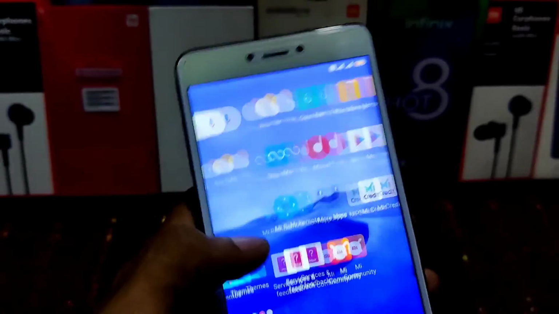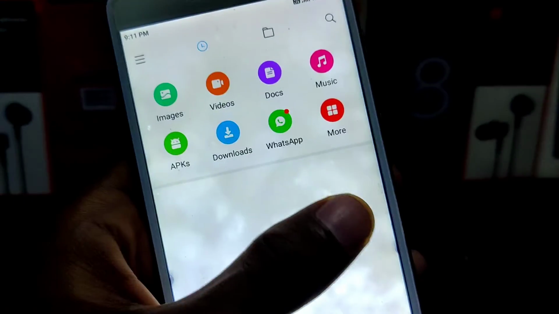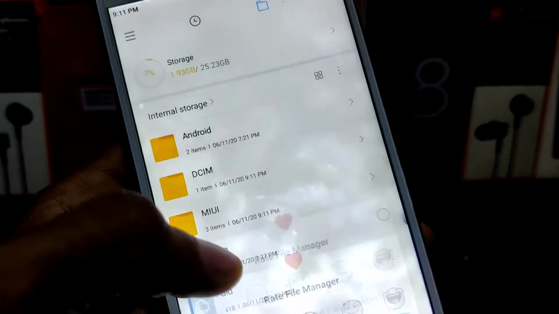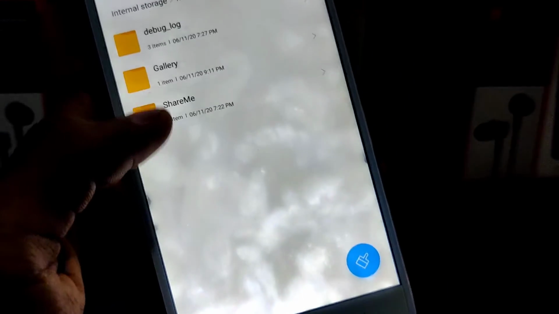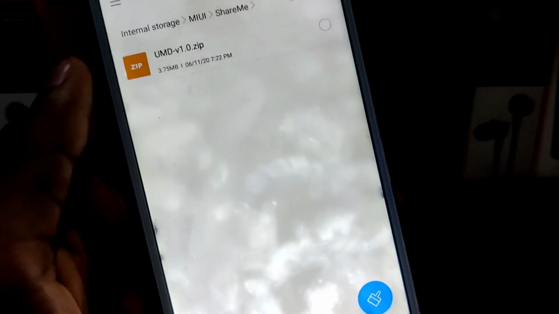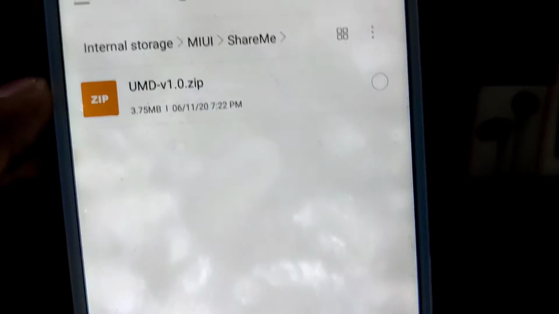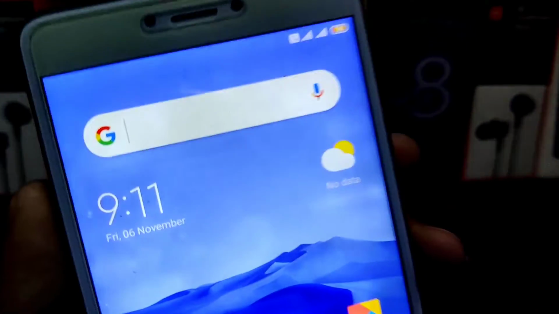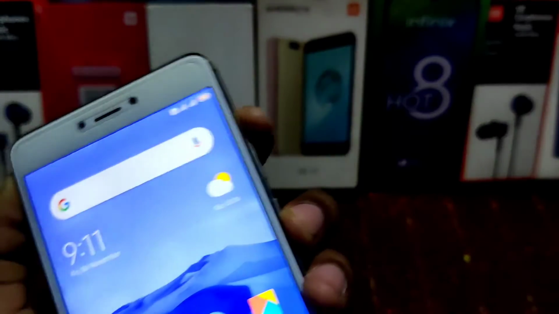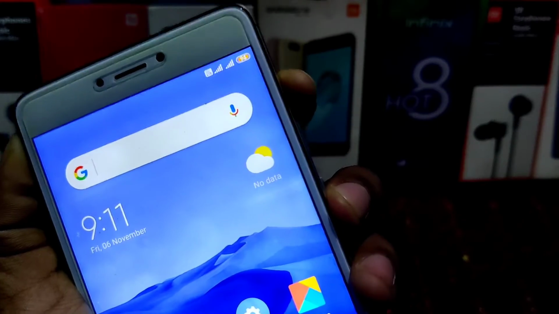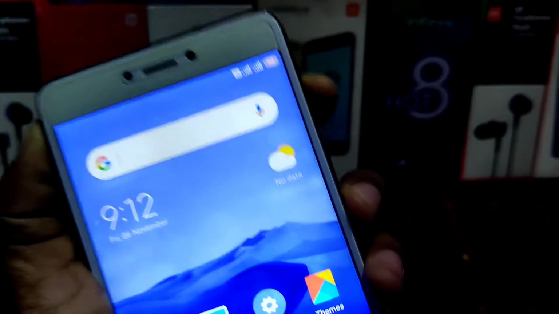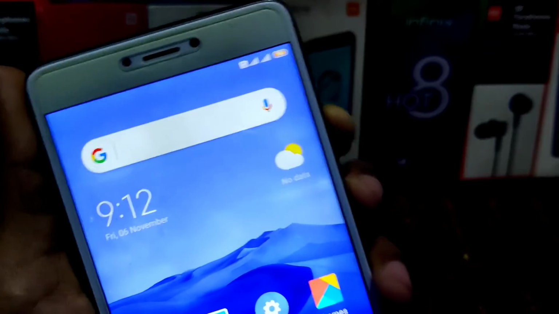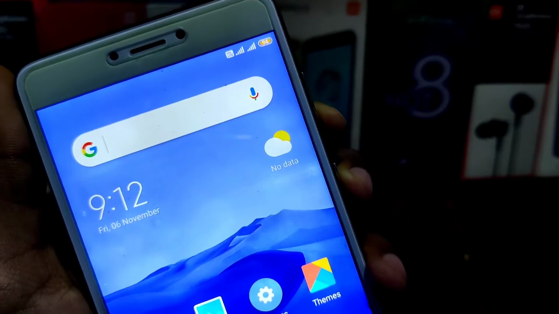you that process. You have to download the file. I will show you here. I have downloaded it in there, my UI. As you can see, this is my UMD file. You need to take your device into fastboot mode and flash this. So let me take my device into fastboot mode. Sorry, you need to take it into recovery mode. So let me take it into recovery mode and I will show the recovery screen.